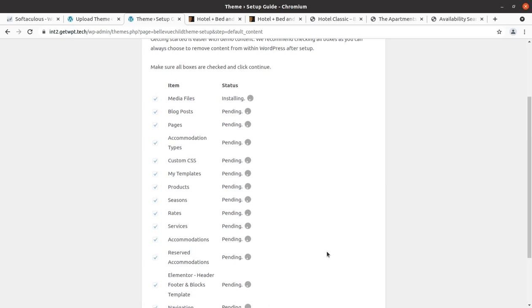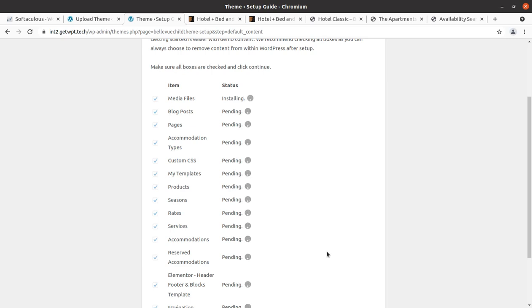So media files are the heaviest files, which always take time while importing the demo content, and we have to be patient on this page without refreshing it or hitting the back button, because it may take up to 5 or 6 minutes as I calculate, and it all depends on your internet speed, your server capacity, the connection with the developer server, and all such factors are affecting this screen. I am in the demo import process, so you have to wait until you get any message on the screen.